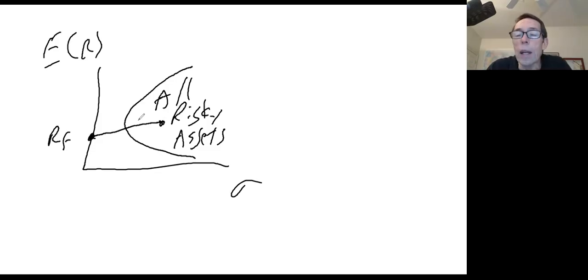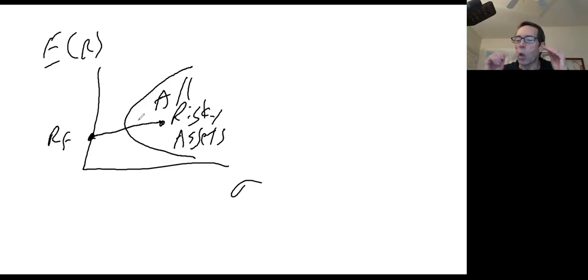By the way, that's a straight line because the risk-free asset has a covariance of 0 with all other assets, and because the risk-free asset has a standard deviation of 0. If you doubt that the risk-free asset has a covariance of 0 with all other assets,